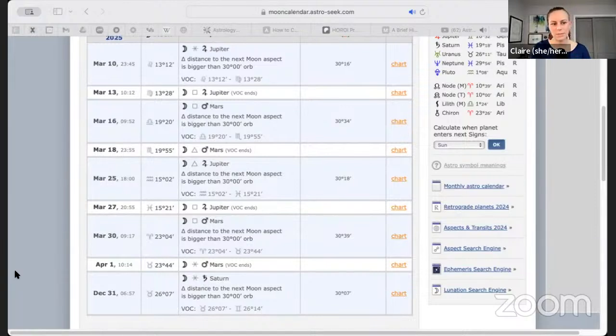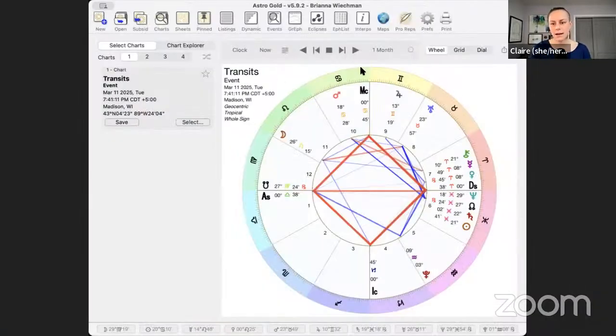And then we also have eclipses in March. So if you're planning stuff, speaking of elections, March is a bit of a needle to thread, in my opinion. It feels like slalom skiing. I'm going in between these dates, trying to pick when the good time to do things is. So I just want to put that on your calendar if you're someone that likes to use astrology this way. Keep that one on your radar.